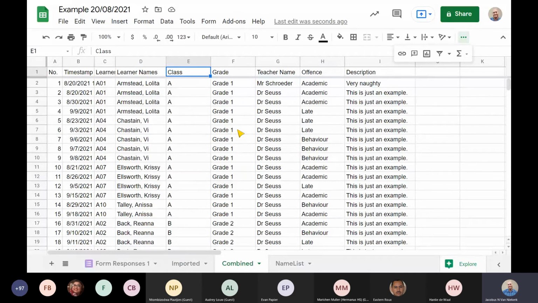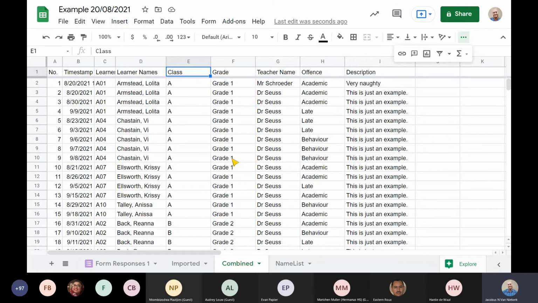Oh, and the other thing I want to say about filters: if you share something with view-only access, everyone can still use filters, which is a great thing. They will automatically go into a filter view and not a filter that's defined for everyone if they've got view-only access. But what happens if you need to give your staff access to a sheet, but you are a little